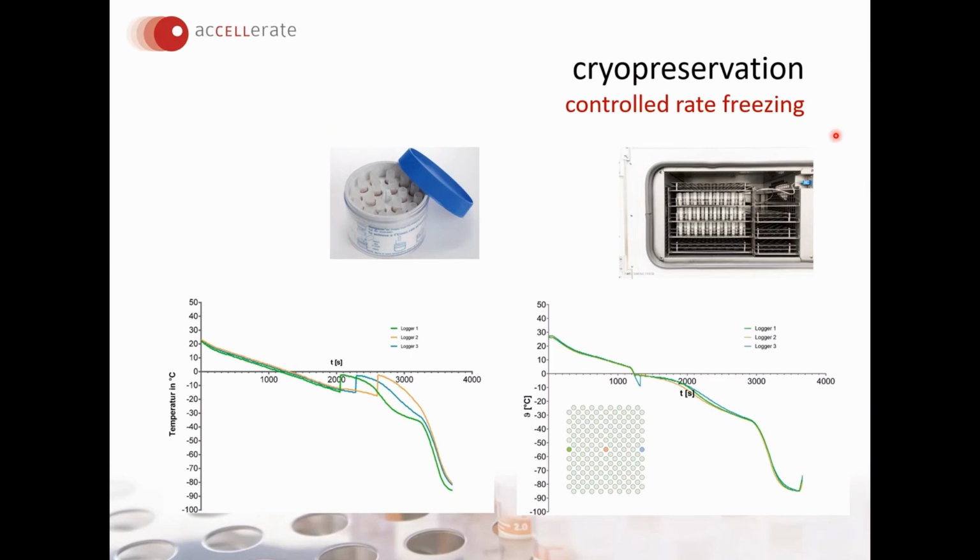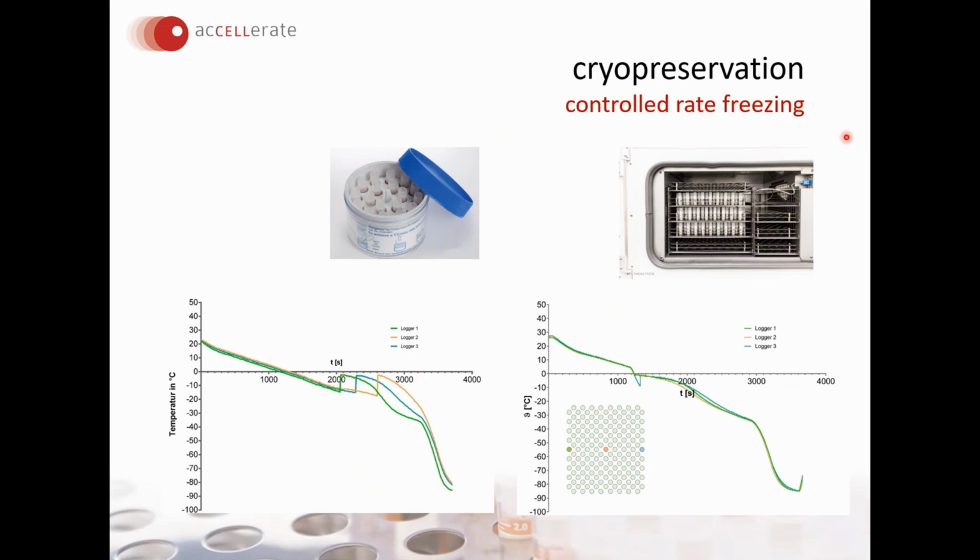There's another difference between a controlled rate freezer and a classical isopropanol freezing container, which is frequently used in laboratories. If you use this, which applies a cooling rate of 1 degree per minute, this is fine. If you look at these temperature traces here, the temperature is decreasing below 0 degrees, and then the crystallization occurs. At this very moment where the medium actually freezes, where crystals occur, latent heat is released, and this release of latent heat increases the temperature in the sample and has a negative impact on the quality of the